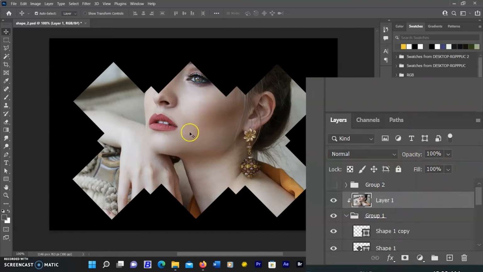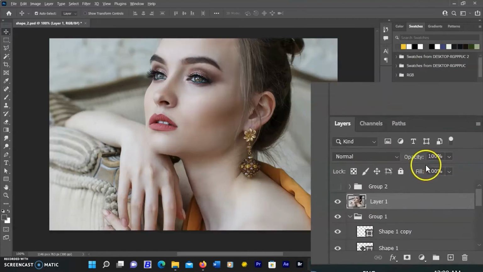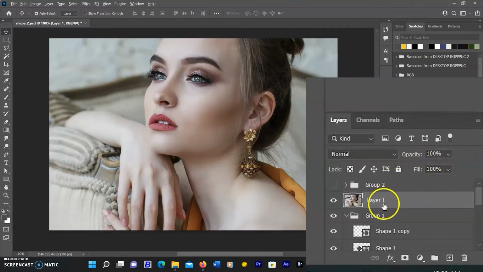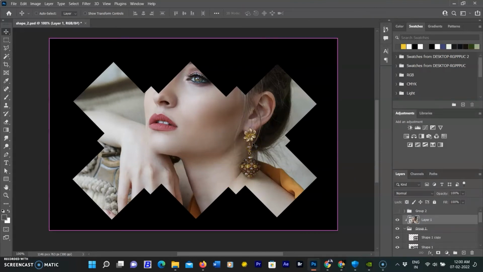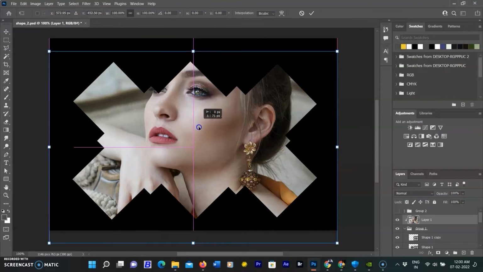You can also hover your mouse between the 2 top layers in the layer panel, and when a downward arrow appears, click to apply the mask. The clipping mask in Photoshop can be useful to understand when you come to creating composites of your images, making a photograph appear as though it is in a picture frame.